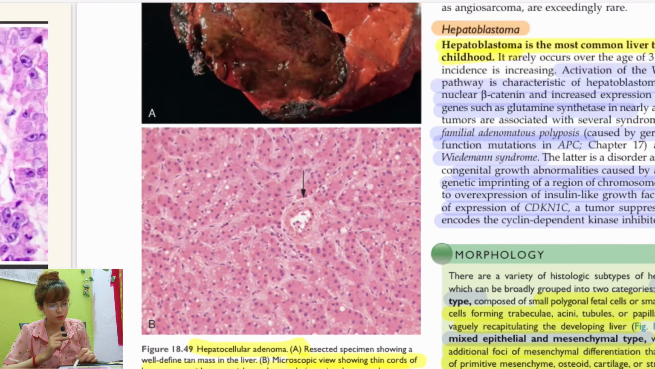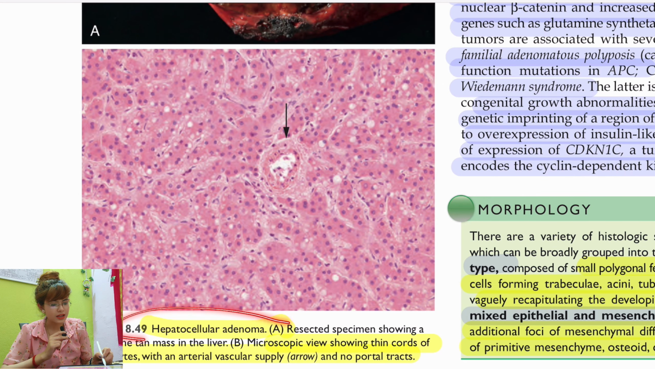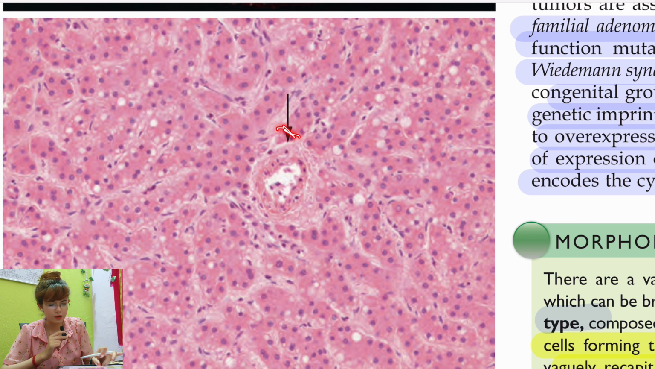This is the hepatocellular adenoma. You can see here that there are thin cords of hepatocytes with an arterial vascular supply, but there is no portal tract, and you can see the plate thickness is 1 to 2 cells thick. Okay,